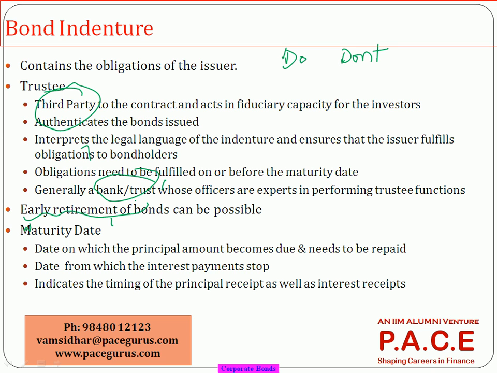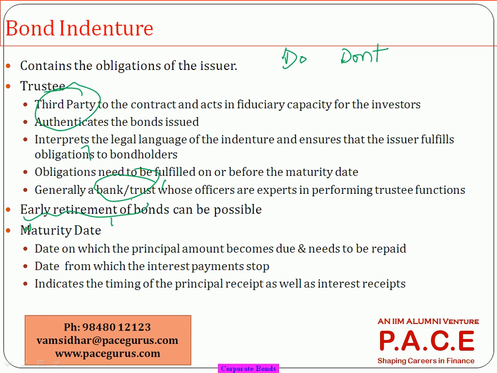Whereas a puttable bond means, if you want, you can sell it. This feature is available to the investor. If you want to sell your bond back to the company, you sell it; otherwise, you keep it until maturity. But with a callable bond, if the issuer or the company wants to buy back the bond, it can do it; otherwise, it will not.